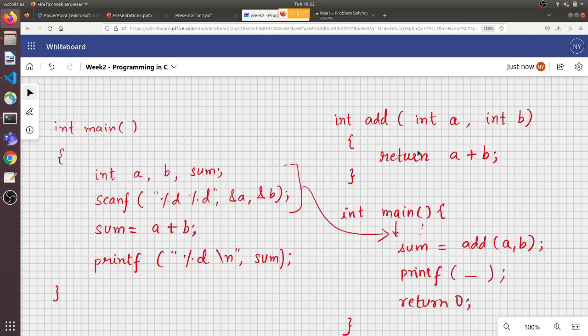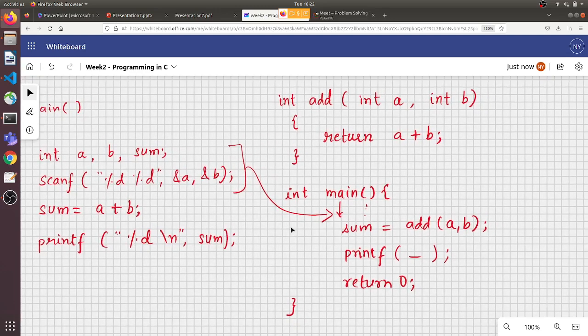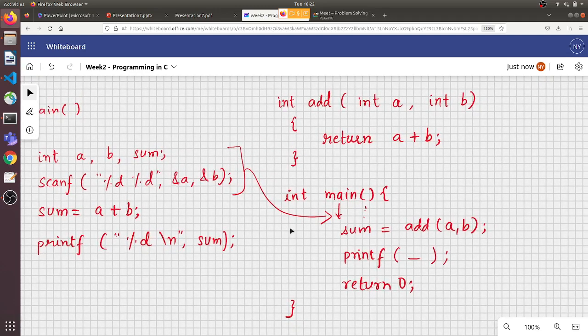So now, what has happened here? We have divided our program, which was earlier a sequential program like this, where everything was in the same function. Now we have divided that functionality into two different parts. Now if there was another function, let's say I'll just call it foo, and if foo also wanted to add some numbers,